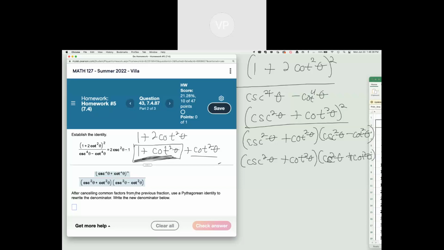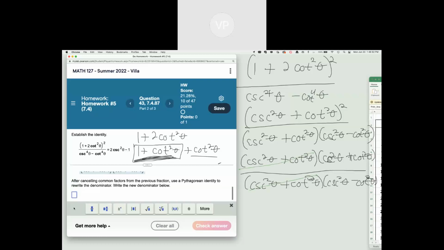And that's all over the one that we had before, which was a cosecant squared theta plus cotangent squared theta and a cosecant squared theta minus a cotangent squared theta. So we cancel our exact same parentheses, which is this and this. And after you cancel,